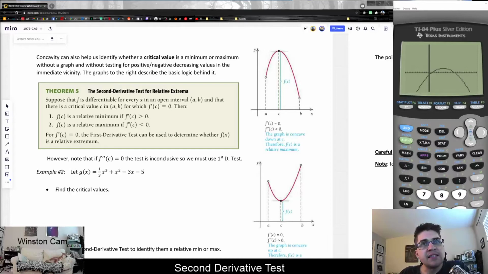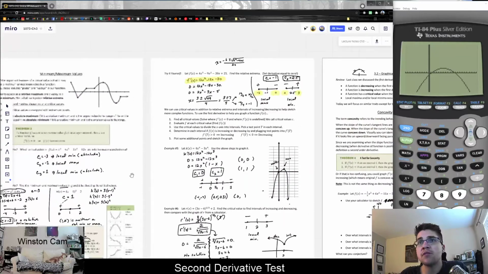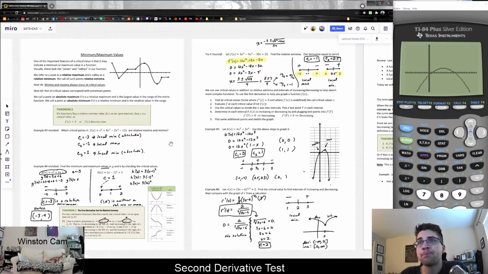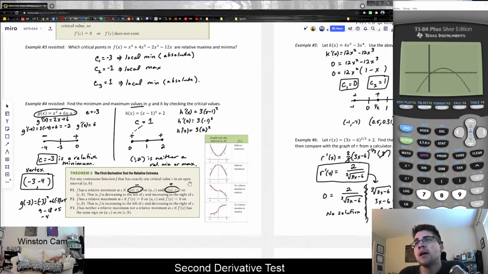The second derivative test is very similar to the first derivative test, but what it does is it helps determine whether a function is a relative minimum or relative maximum. So let's actually return to the first derivative test just to do a quick recap, and we'll see why it's so similar. If we remember, the idea was that if the function was increasing to decreasing, it helps us see that there's a maximum in between there where, again, there's a critical value which occurs at the min and